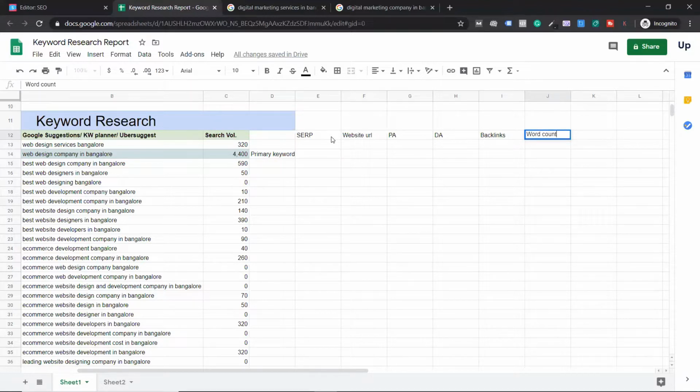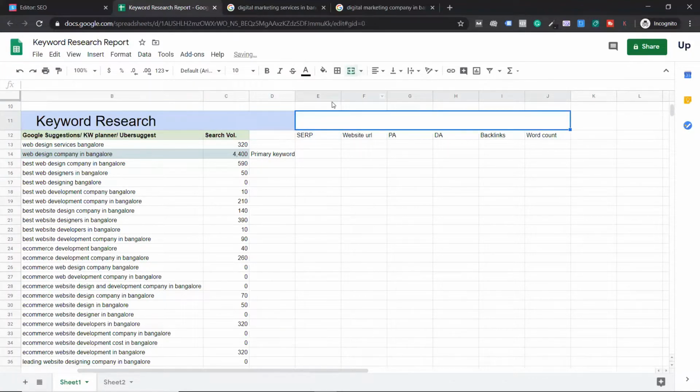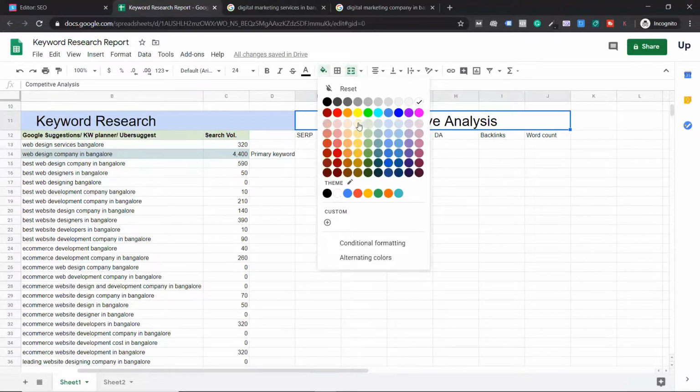That's it, guys. As of now, this is what you mainly take from your competitors. So quickly, let me do one thing. Actually, let me just merge these cells. Now let me merge cells and type it as competitive analysis. Again, I'm going to make it center aligned. I think I missed it. I'm going to increase the font to 24 and change the background so it doesn't overlap with the other one.